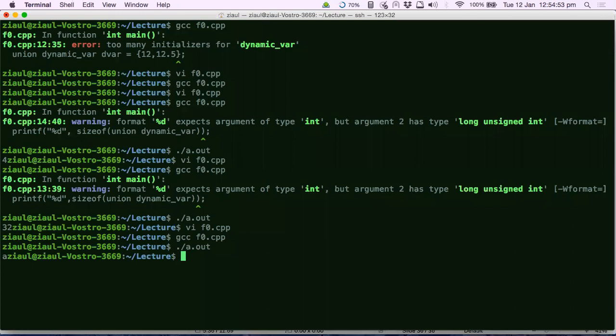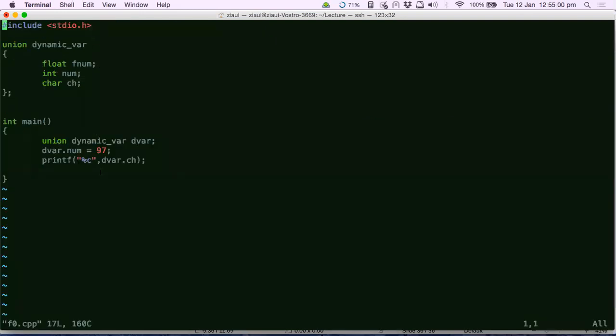See, I see the character A. Why did I see the character A? Because I stored it as an integer, but then I read it as a character. So this is using unions. You can actually do this conversion between data types just like that. Here I didn't use any casting. I just stored it as an integer number and then read it as a character, because the union allows me to do that. It allows me to have 2-3 different names for the same memory area.